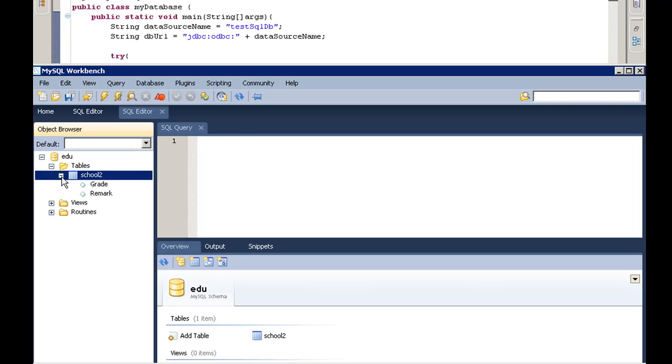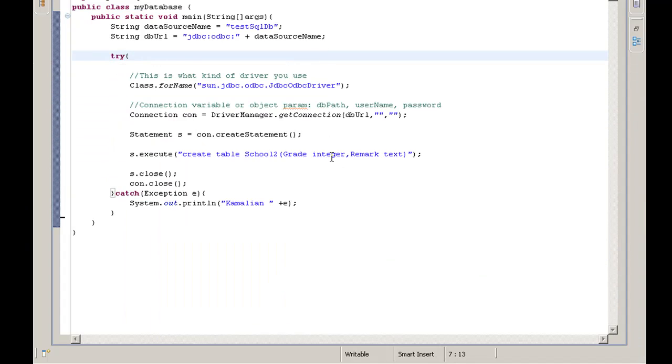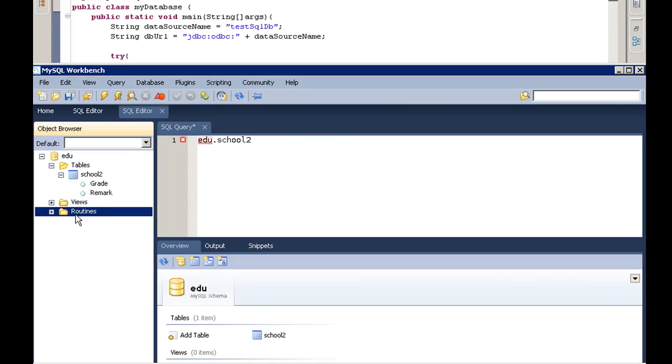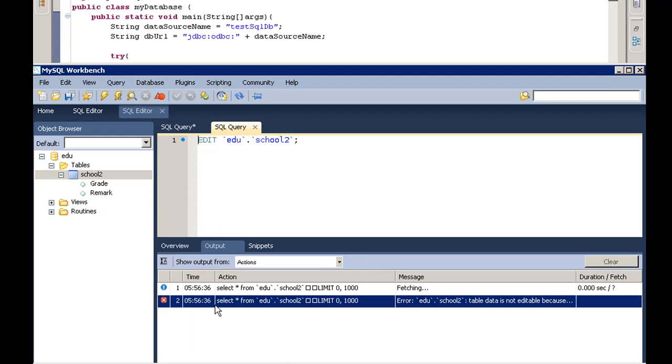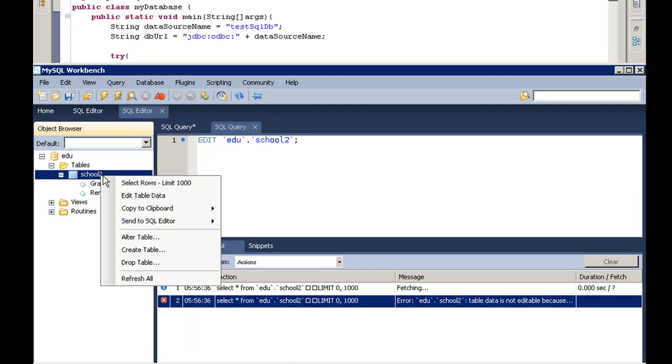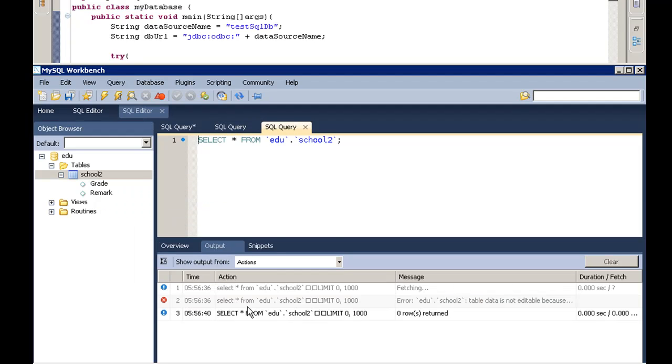Okay, school 2 with two fields called grade and remark. Here, grade and remark. So let's see the data if there's any data. Okay, select rows.